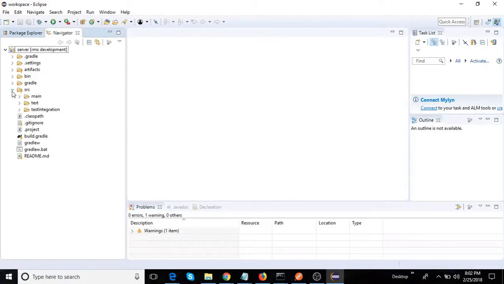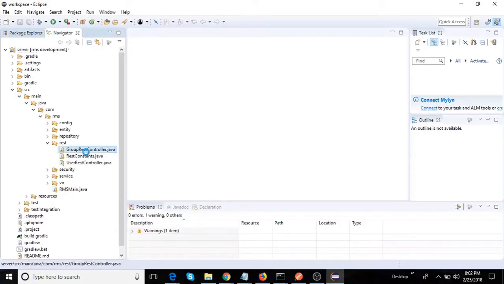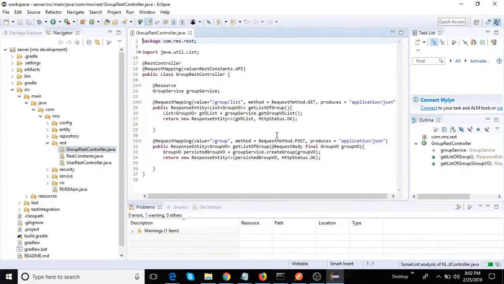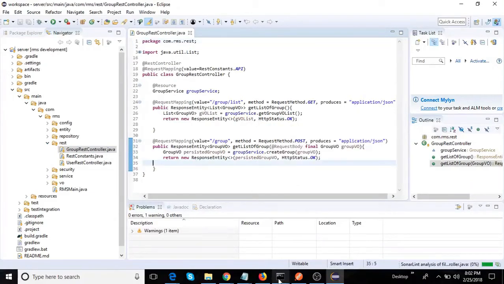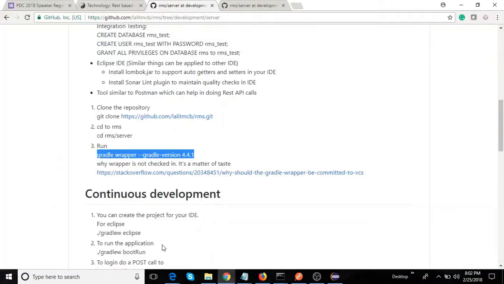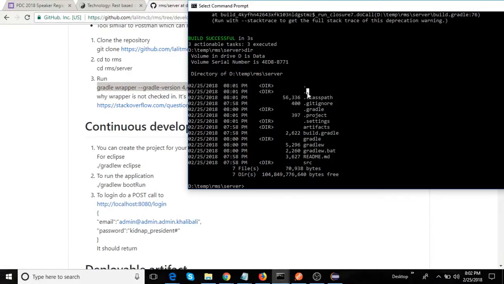And here now you can open any source code. So let's just see one here. Here you have got your code out here now. So we have imported it in Eclipse. Now let's run it. So for that,